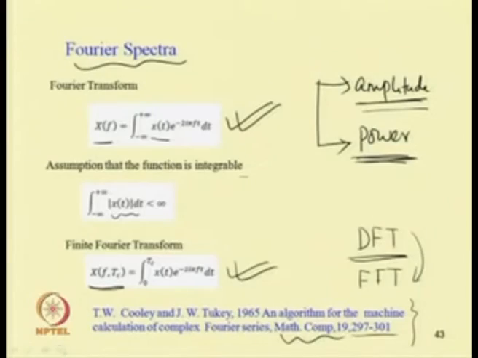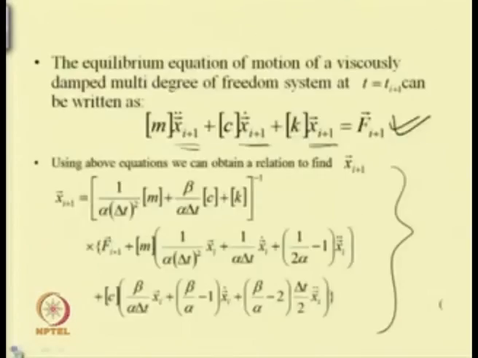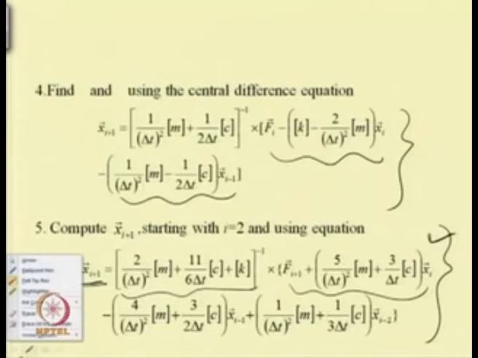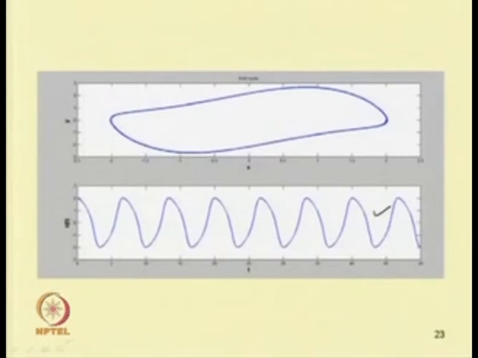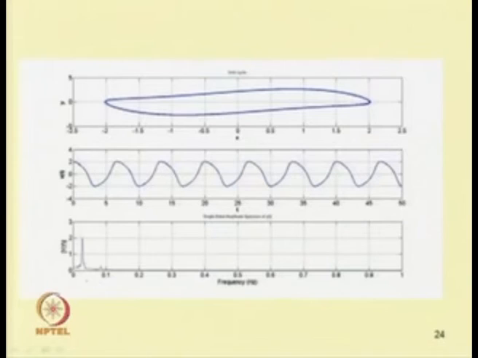In this case we have already shown the power spectra for this system. In case of the van der Pol equation, this shows the power spectra of the system. As we have a limit cycle, one can observe a distinct peak here. So, this peak represents the frequency of this limit cycle.